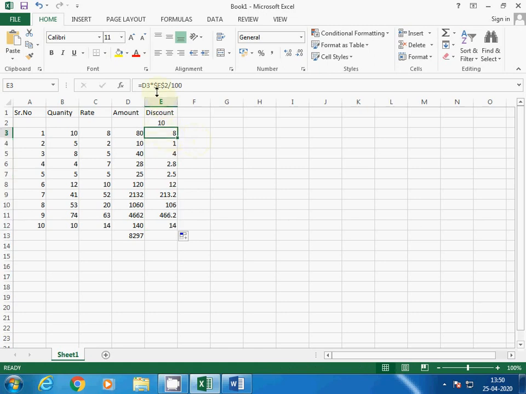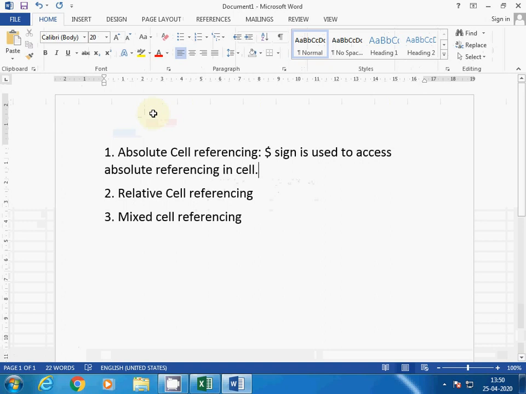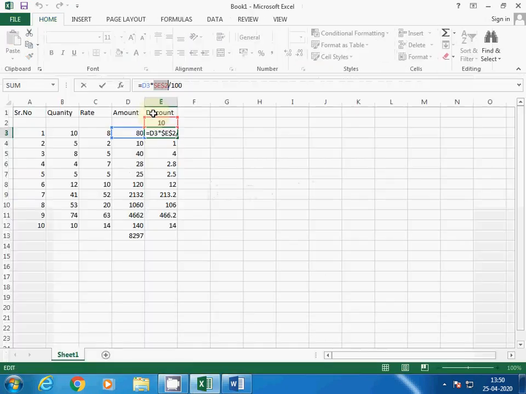See, now you will see that every cell is calculating the 10%. So how I have done, once again I am repeating. Here you can see D3 is used as it is only. Absolute reference I have copied from there, and here I am using this one, absolute referencing. So whenever you want to use a fixed value in calculation, you can use absolute cell referencing.